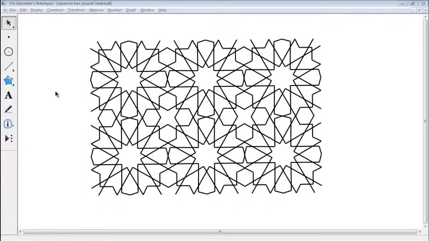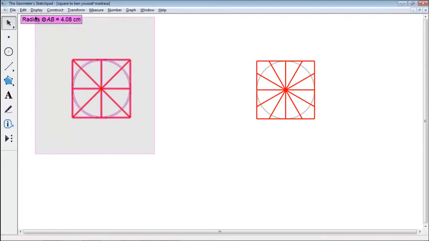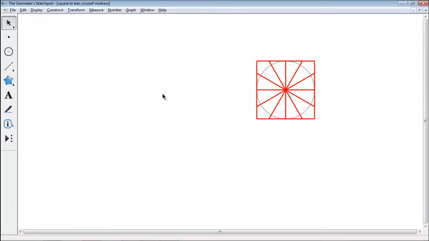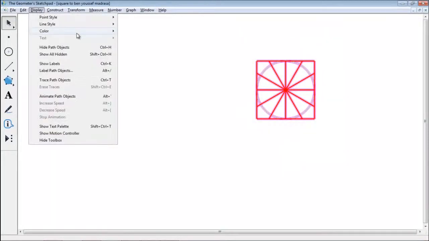This is a geometric pattern that can be found on the Ben Youssef Madrasa in Marrakesh, Morocco, and it is this that we are going to create. So let's begin by deleting this left side, since that was used for the other construction, and all we need is this over here. Let's make it the same color to begin with,